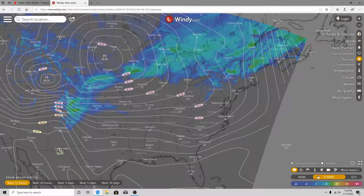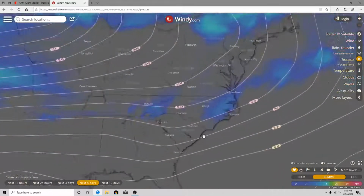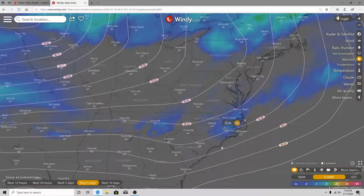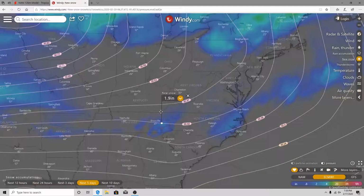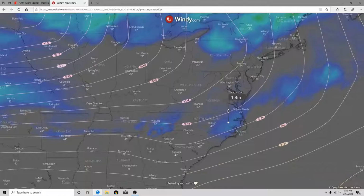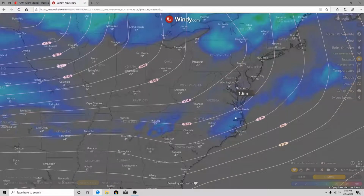And if we move on to the European model for the next 5 days, as you can see here, pretty similar scenario to the GFS. Some of those higher elevations may be able to get 1 to 2 inches. If you go into North Carolina or around the Virginia Beach area, just 1 to 2 inches, kind of like